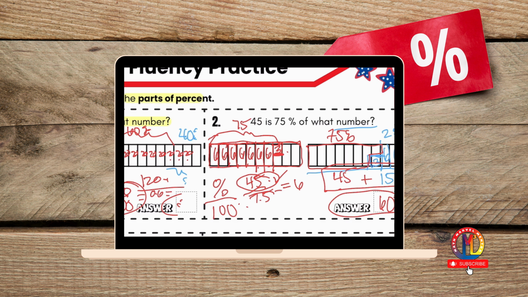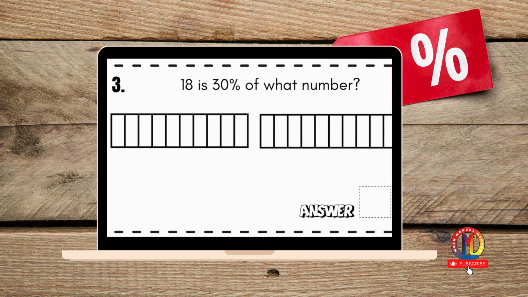45 is 75% of what number? 60. And if you want to check it, go ahead and do it. What is 45 divided by 60? You get 75%. Now, here's one more. 18 is 30% of what number? Okay, so remember percentages are fractions, and this is giving us our visual diagram